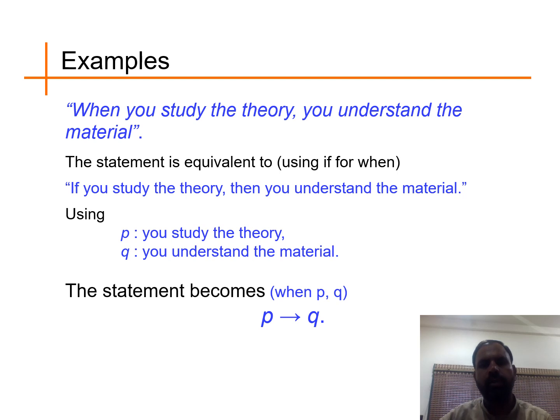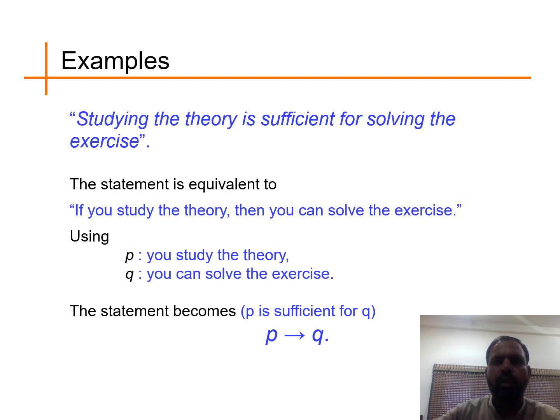Another example, when you study the theory, you understand the material. The statement is equivalent to using if for when. If you study the theory, then you understand the material. If we use P for you study the theory and Q for you understand the material, then the statement becomes P implies Q, when P then Q. If you study the theory, then you understand the material, obviously. And the other example,